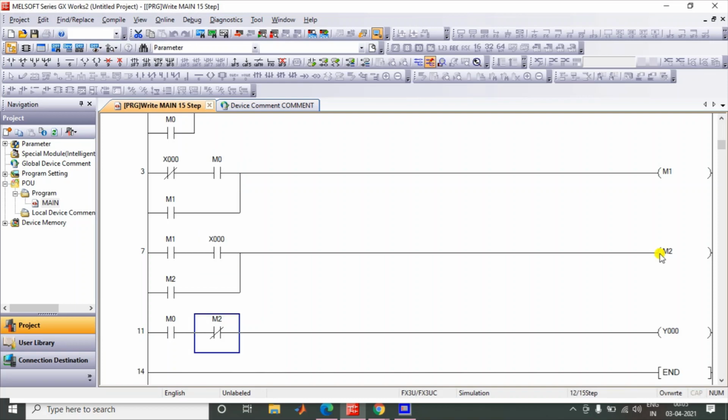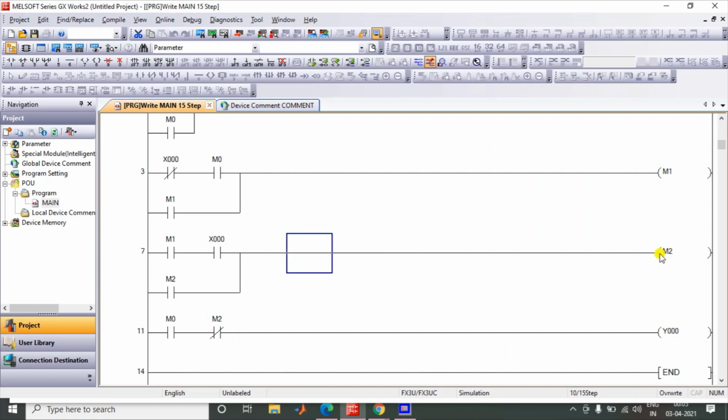In the next cycle, M2 is all the time true, because we need to turn off this logic in order to make Y0 not on again.